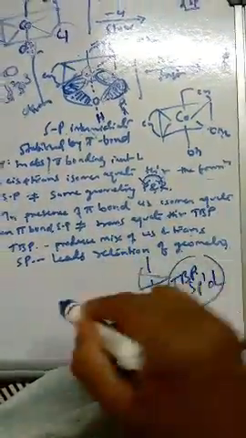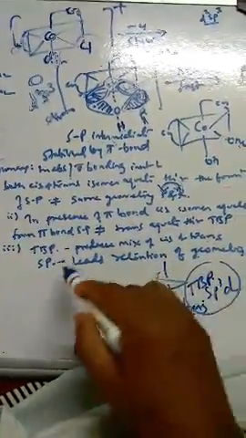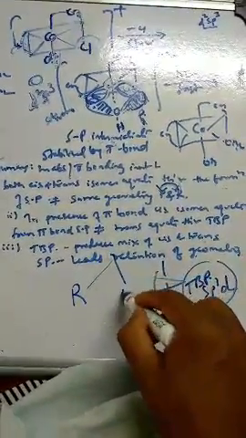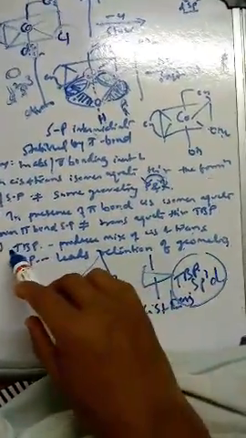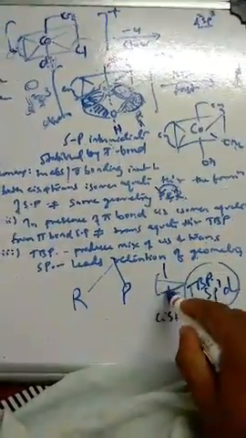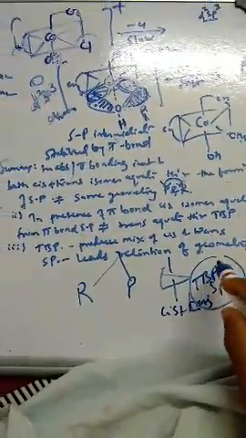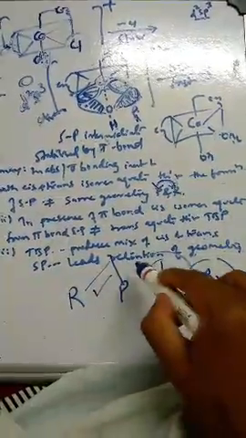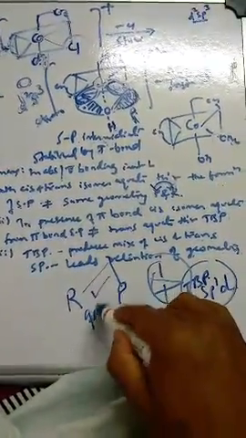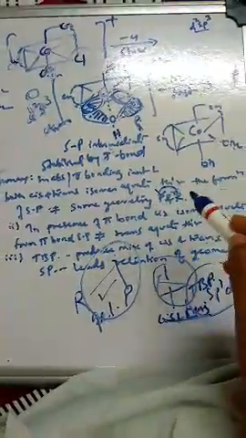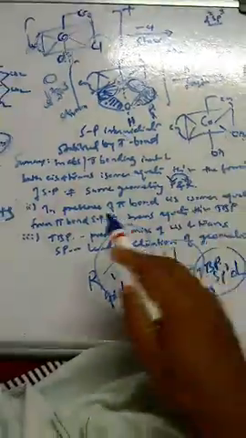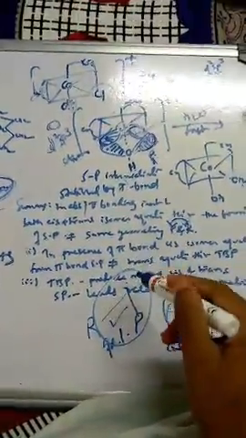Whereas the product which proceeds through square planar leads to retention of geometry. That means whatever geometry we started with in the reactant, the same we will have for the product. But if it passes through trigonal bipyramidal, it is very difficult for separation, because there will be a mixture of cis and trans. Again, there is a problem here, but in the square planar case it is very suitable. So that's why 90% of the reactions proceed through the cis way, that is through square planar intermediate rather than the TBP.